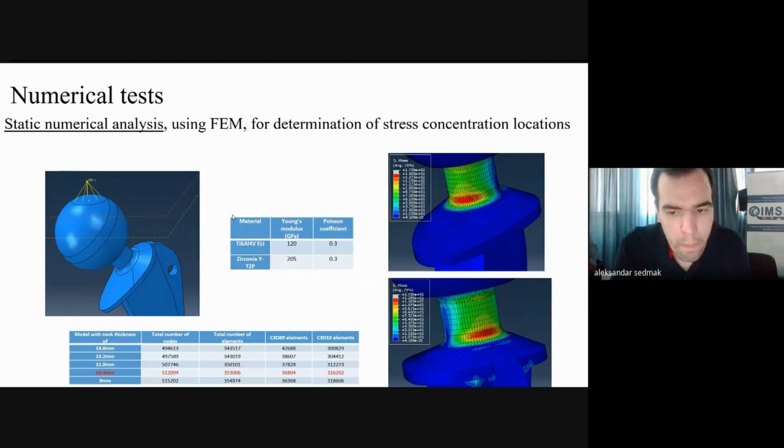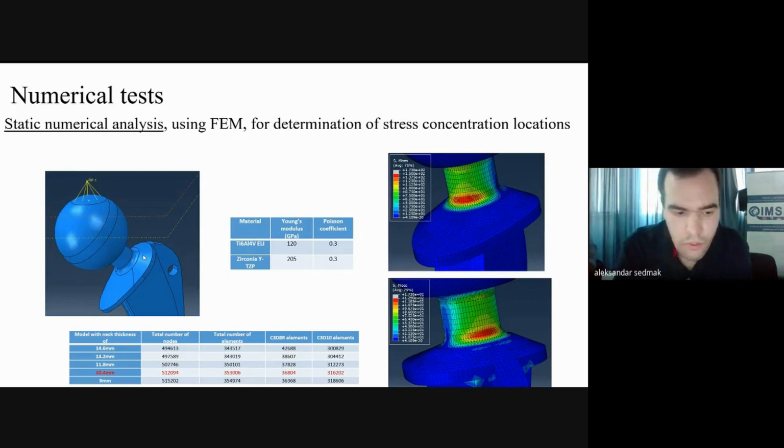Then you see on the picture to the left how in the numerical analysis we acquired the loading. So we use the coupling constraint from a reference point. You place a force from above directly applied on a hip head, and the load travels to the stem from where we will look at the